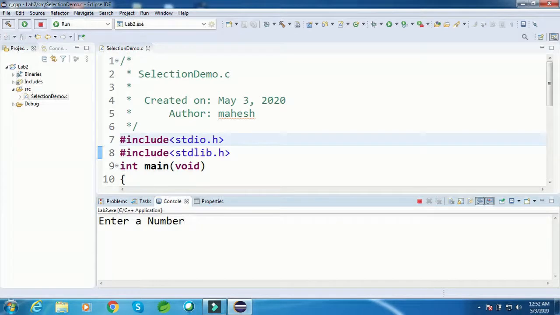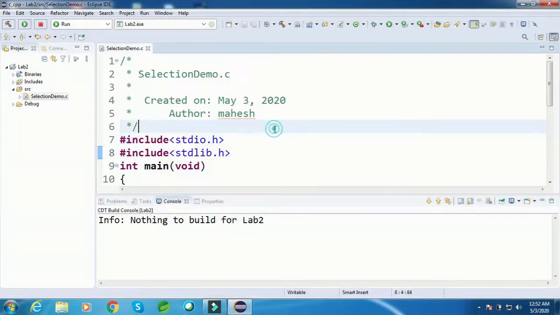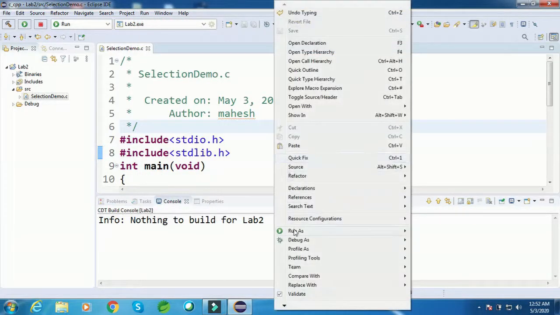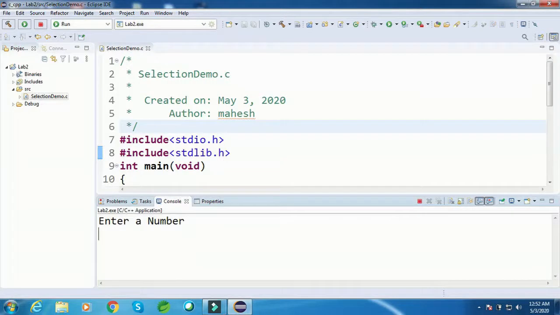So if I enter 4, number is even. I want to stop and run it again. So run as local C++ application. Enter a number. If I enter 5, I will get the message number is odd.